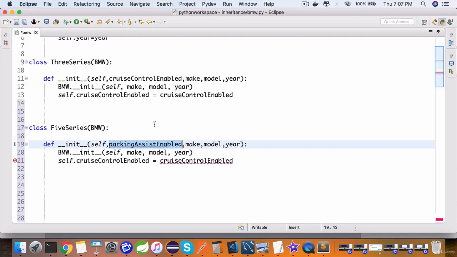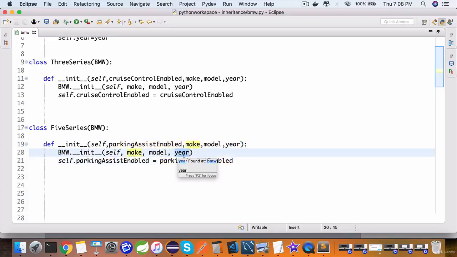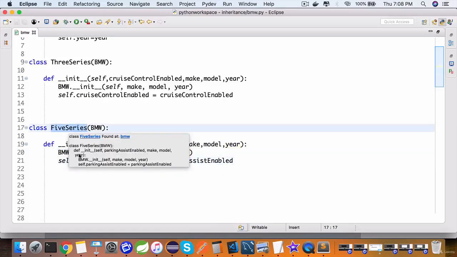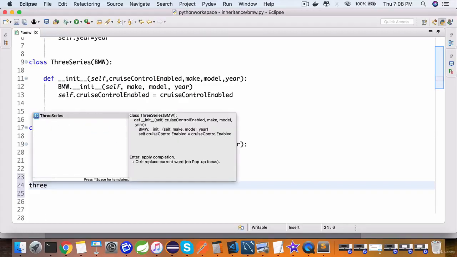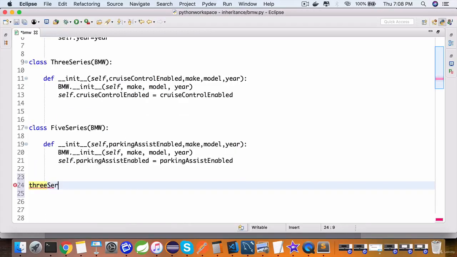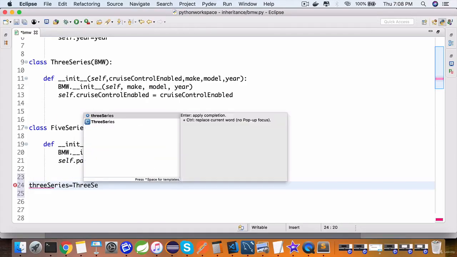You can copy this class, go 2 lines, paste it, call it 5 series. The 5 series also extends BMW. Instead of cruise control enabled, it will have a new field called parking assist enabled. Parking assist enabled, copy that, paste it here and on the right hand side. Everything else remains the same. We are invoking the parent class constructor. We are passing in the make, model and year, and we have set